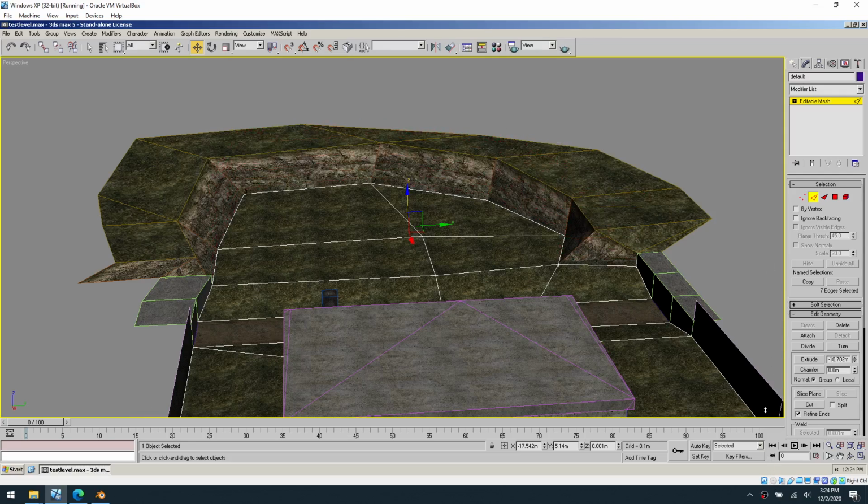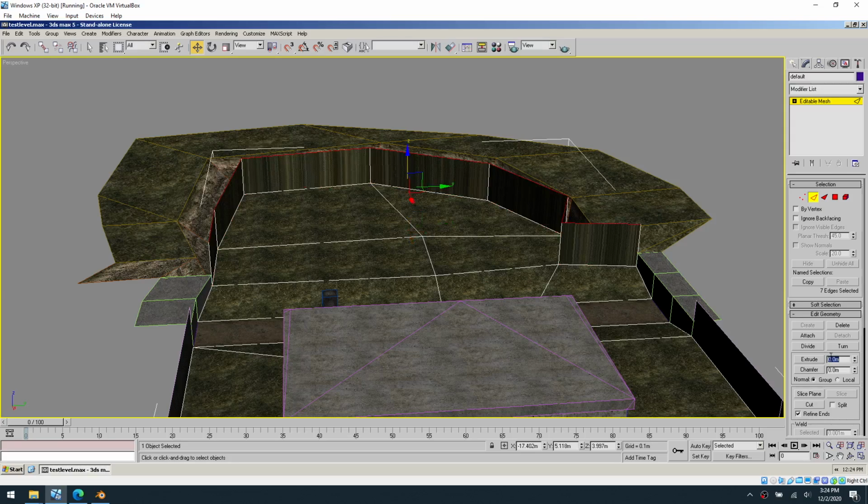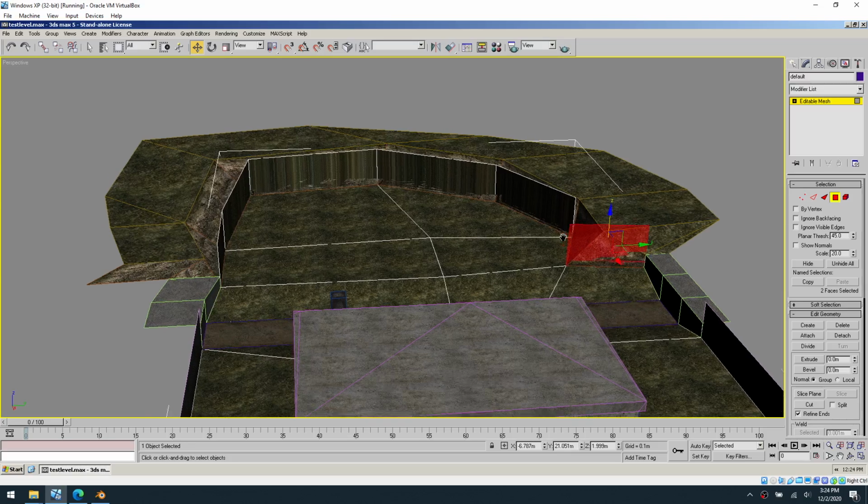So what do we need? I would do at least, I'm going to extrude it at least 2. At least 2. I would probably do more, to be honest. Just to be on the safe side, you can extrude it 4 or 3 or something like that. But these polygons right here,